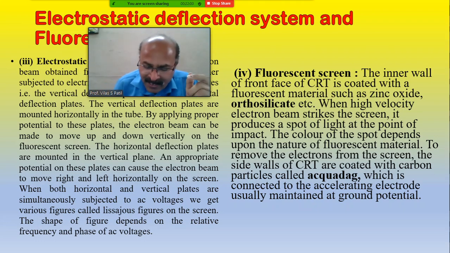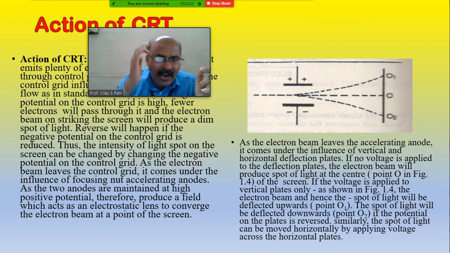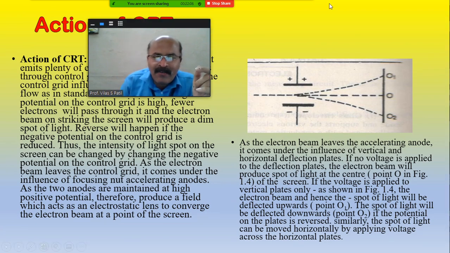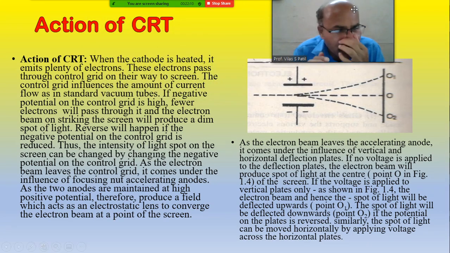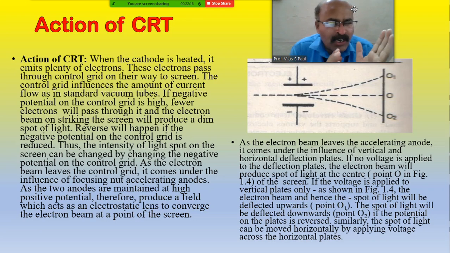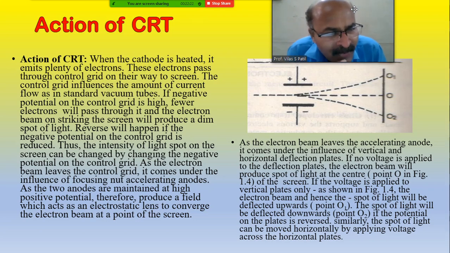Okay, friends, then we move to the next point, that will be the action of the CRT. Friends, I will just explain to you the action of the CRT. When the cathode is heated, it emits plenty of electrons. These electrons pass through the control grid on their way to the screen, and the control grid influences the amount of